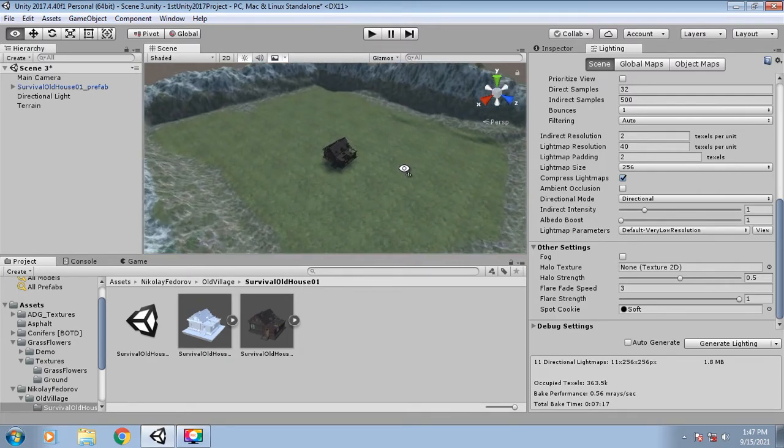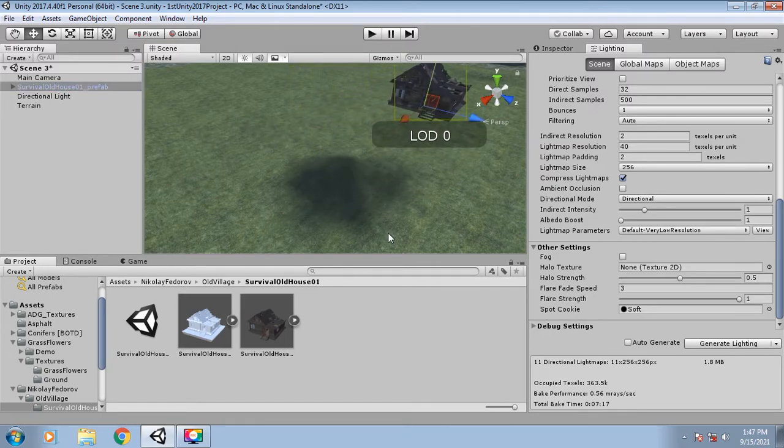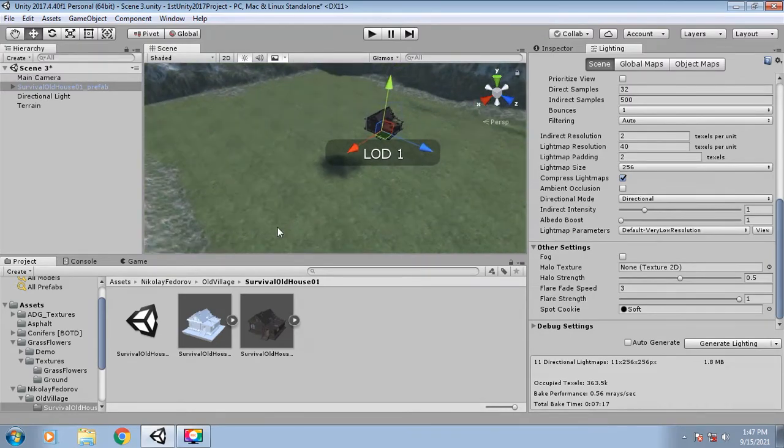And as I've said, the baked data is kept in the form of a texture, so if I move the house, then you can see that a shadow is still there because this is just a texture which is overlaid on the terrain, so it doesn't move when I move the house. If you want to bake the shadow again at that place, then you have to bake light again.